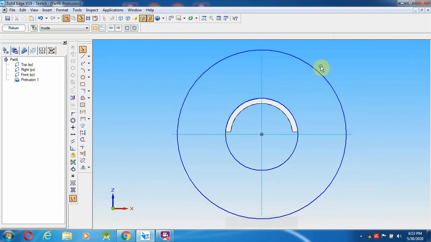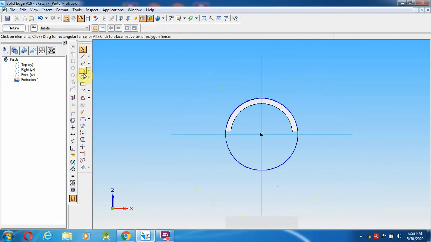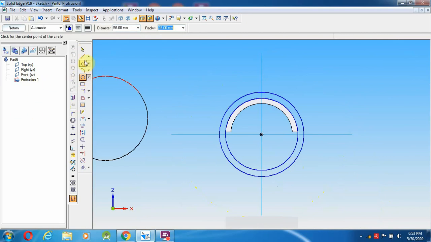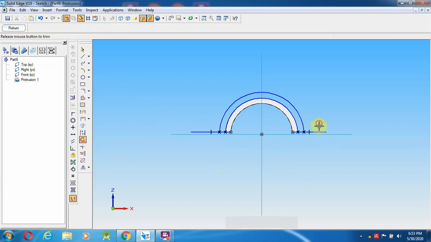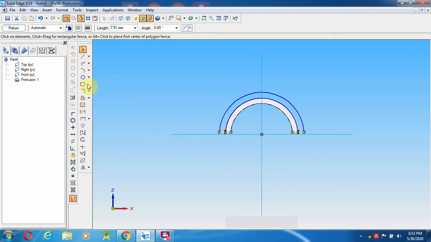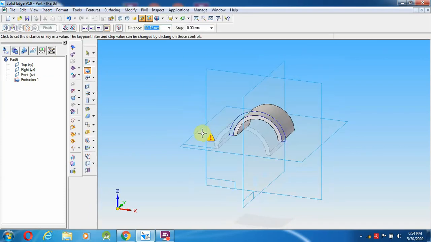Fit. This is the mistake I did before, so this should not repeat. So from here to 56 mm diameter. Select a line from this end to here, from here to this one. Trim, trim option here as well as this one, and give return. Some of the profile I have not deleted. So go to here, return. This is going to give us 3 mm.